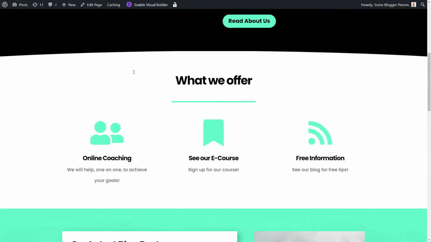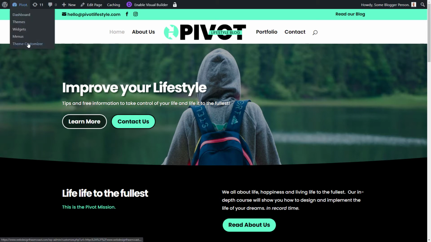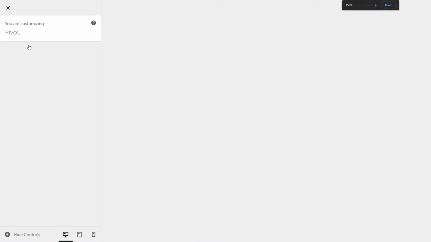Now I've got this page here that I've put together, and there are a few places we can edit CSS, and one of them I'm going to touch on quickly and then we're going to come back to it later. If I go up the top here, I can go into Theme Customizer, or if I'm in my WordPress dashboard, in the left menu there's a Divi section, and there's also Theme Customizer there. We're going to click on this Theme Customizer, zoom in a tiny bit,